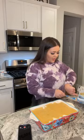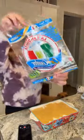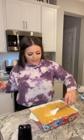Is this hot? It's not hot. Ah! It is hot. I forgot to show you guys what tortillas I'm using. So I'm using the La Banderita carb counter tortillas. They are 4 grams of net carbs per each tortilla. So I'm just gonna make sure it's nice and even. Slap on some more